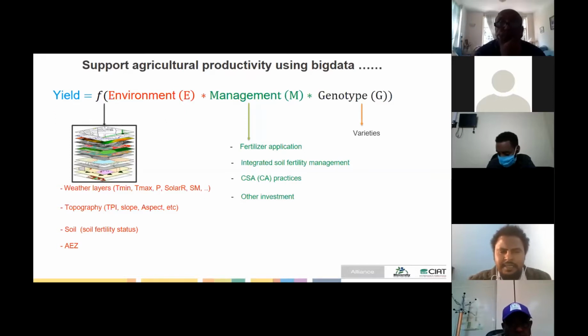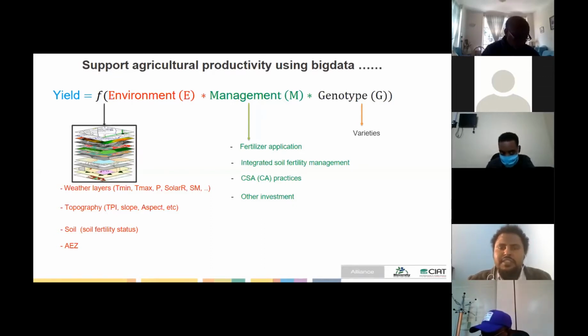Topography is really one of the determinant factors for yield. As you remember, the team from Chris has been doing some recommendation based on topographic position index, and slope aspect is also really a key ingredient for determining yield. Soil is really important to recommend some nutrients based on existing soil fertility status. Agroecology zone is also one of the key environmental variables. For example, in the case of OFRA, they have been developing a response curve for each agroecological zone in Ethiopia and also in other African countries.